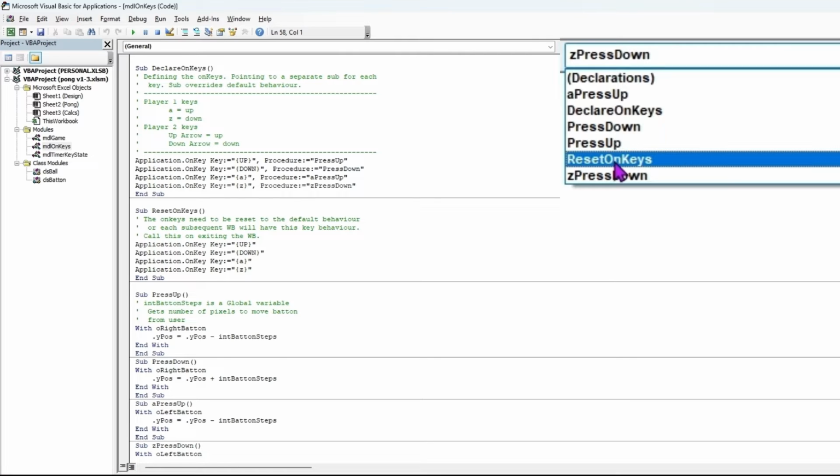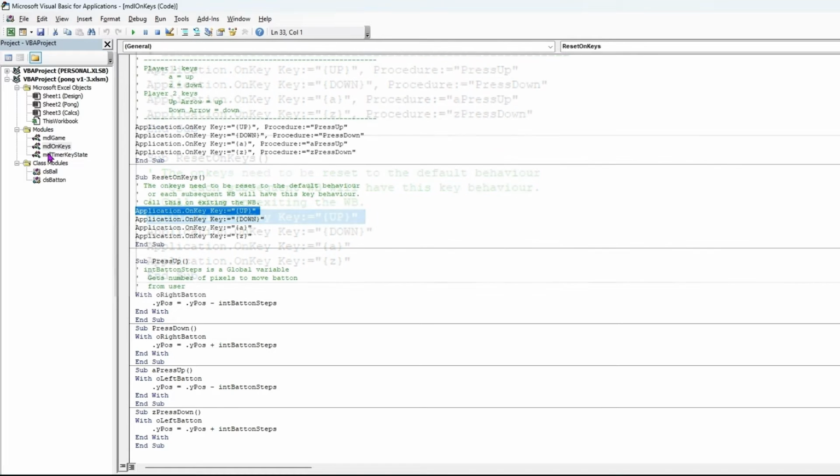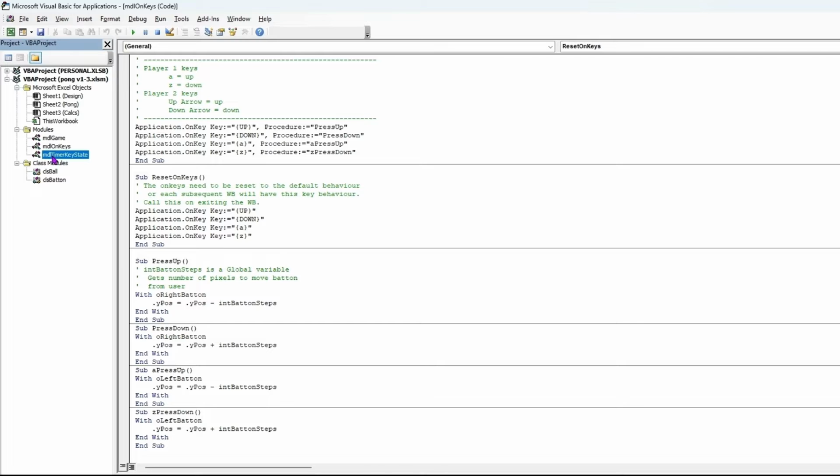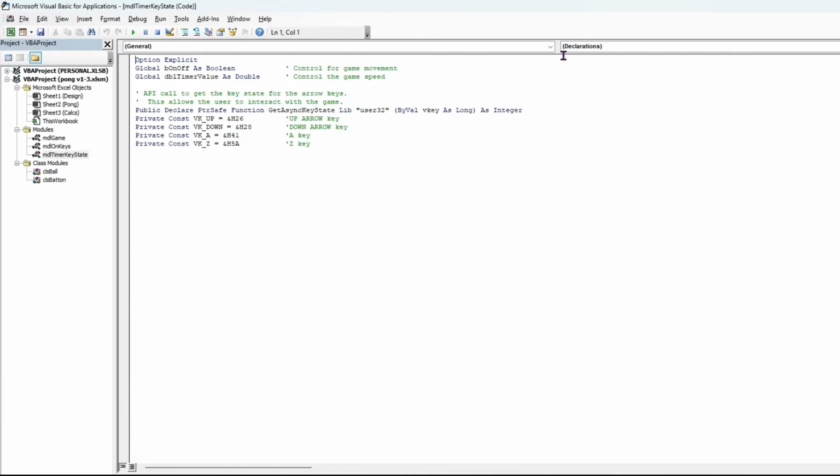And finally, we have reset on keys. Reset on keys resets the key state to its default position. The difference between setting the on key and resetting the on key is that when resetting, we omit the procedure call. Moving on to MDL timer key state, if we isolate some of this code here, select declarations,